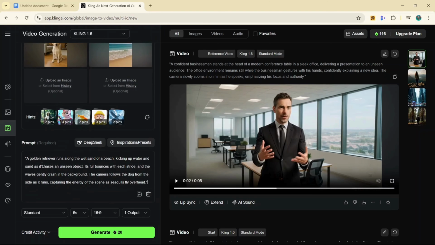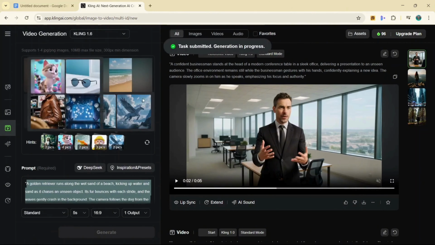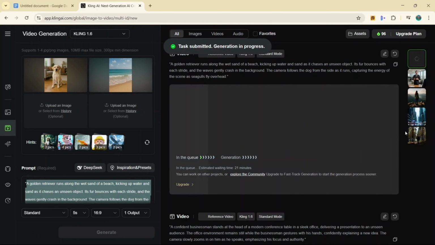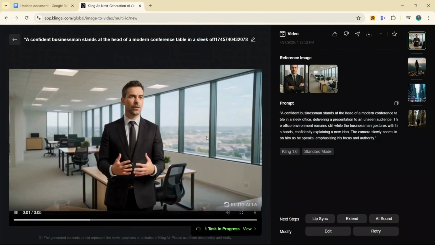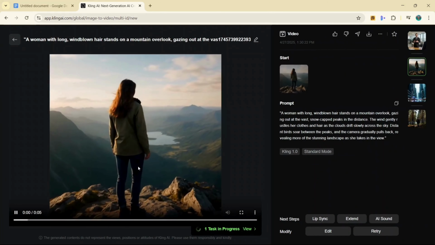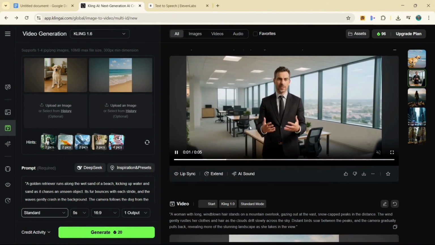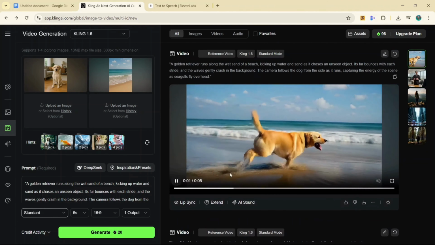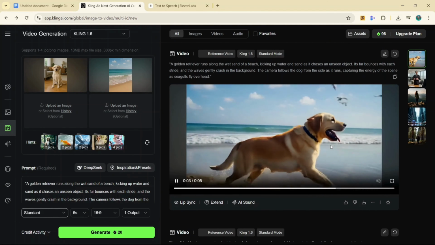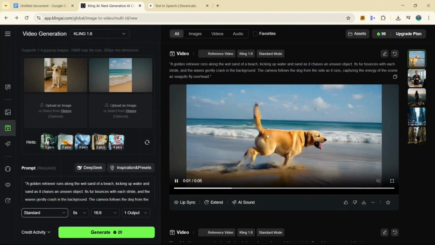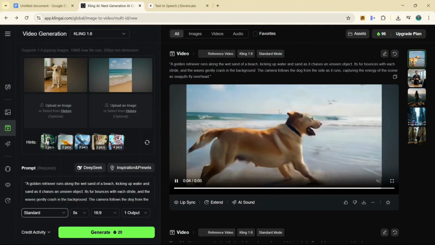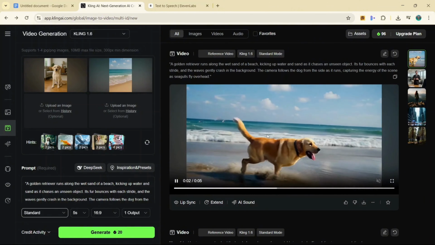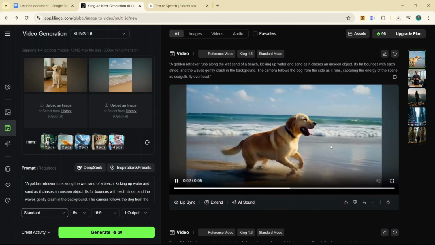Here's another example. Imagine you want to create a scene of a dog running on a beach. If you have separate images of a dog and a beach, you can combine them in Kling with a prompt like: "A golden retriever runs along the wet sand of a beach, kicking up water and sand as it chases an unseen object. Its fur bounces with each stride and the waves gently crash in the background. The camera follows the dog from the side as it runs, capturing the energy of the scene as seagulls fly overhead." The ability to merge elements from different images and create smooth, natural interactions is one of the most powerful